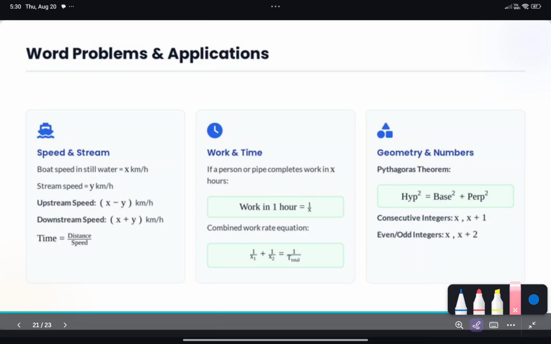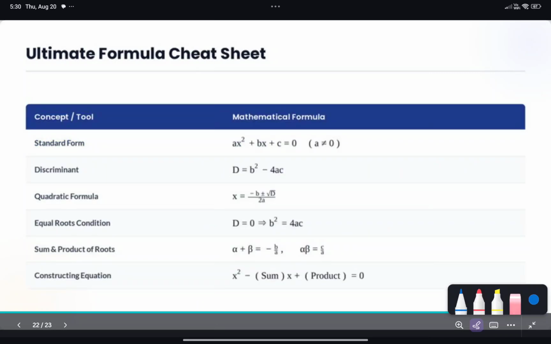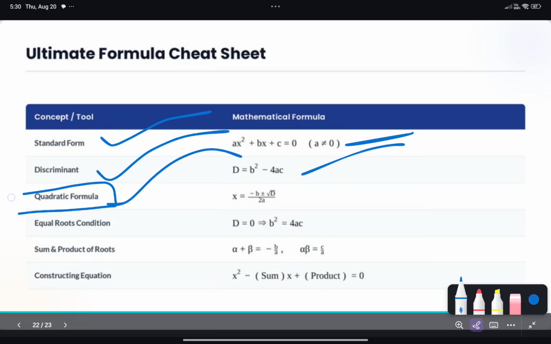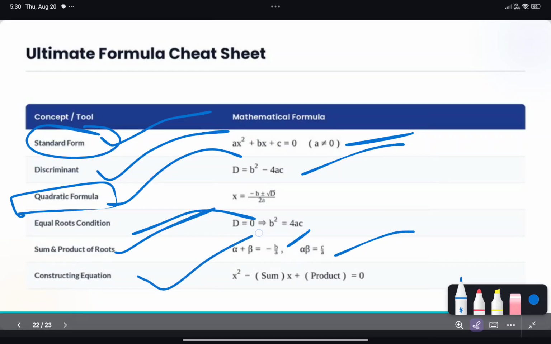Sure? These are very, very important formulas. Recall. Standard form: ax square plus bx plus c is equal to 0, a not equal to 0. Discriminant: D is equal to b square minus 4ac. This is the quadratic formula, and this is the standard form. Never get confused; these are similar things. Equal roots: D is equal to 0. Sum and product: alpha plus beta is equal to minus b by a, alpha beta is equal to c by a. Constructing the equation: x square minus sum x plus product. Simply,